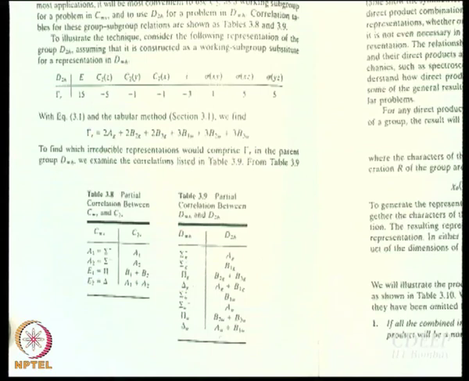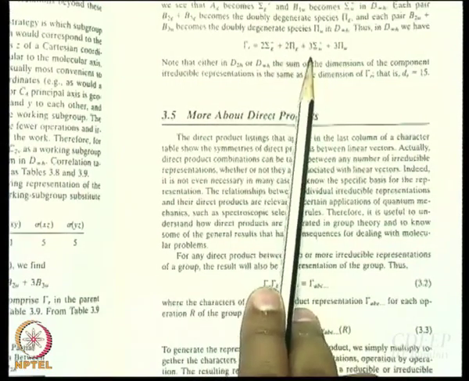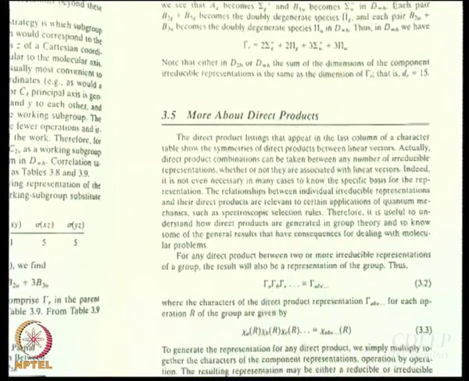What is left? 3 multiplied by B2u plus B3u. What is that? Pi u. So, 3 pi u. So, this is how we can go from a larger group to a subgroup and back. Okay. This is the answer that you must have got. Gamma r equals 2 sigma g plus, 2 pi g, 3 sigma u plus, 3 pi u.